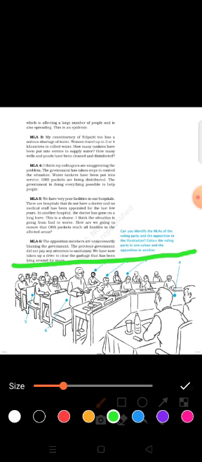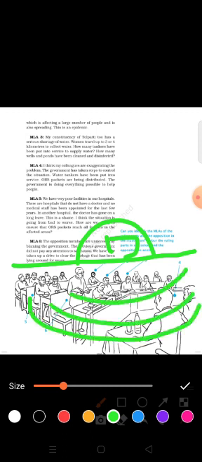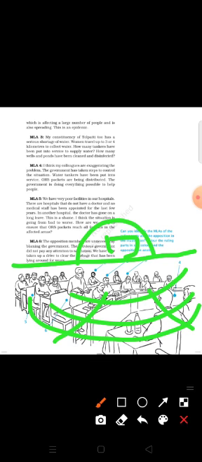Okay, so I will try to show you. Just like here is the chair of the speaker, and then all the members of the house can sit there, just like here. Okay, they are around. One side is specially reserved for the leader of the opposition and one side is for the leader of the ruling party.